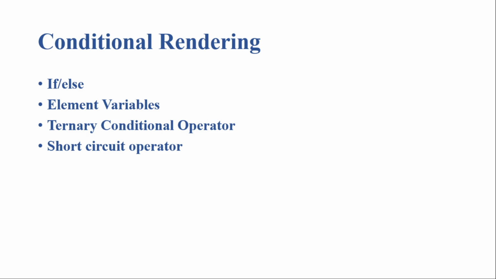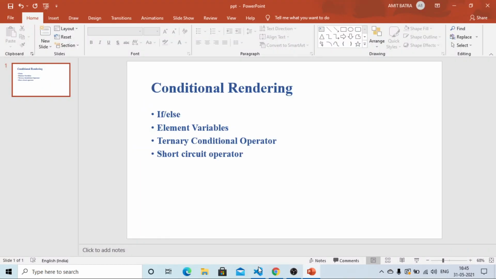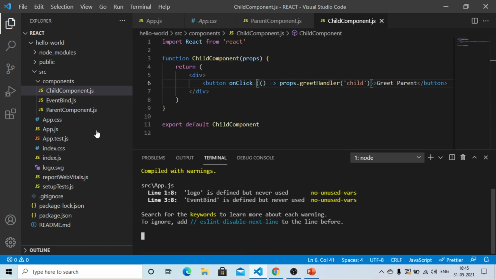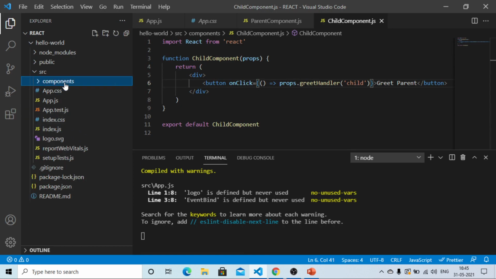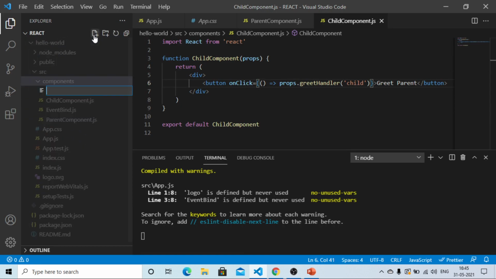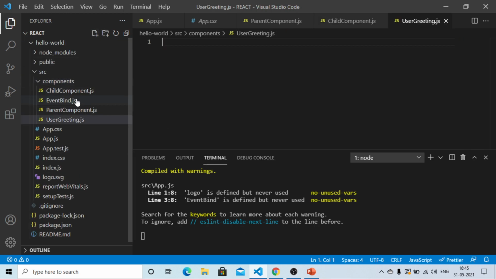So I would like to go back to Visual Studio Code, and within the components folder I am going to create a new file named usergreeting.js, and this user greeting JavaScript file is going to be a class component using the React snippet RCE.